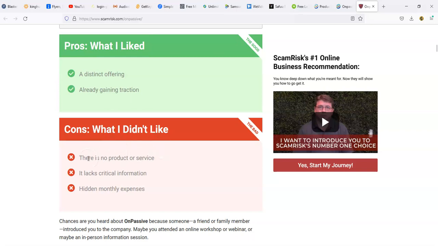What he didn't like is there's no product or service. And see, he doesn't know it's a product or service because he's not a member. Since I'm a member, I have access to those products and services that I can log in and show you right now, but I don't think I'm able to. I'm going to have to verify that I can or I can't before I make that video, because there are things that we cannot show and cannot do, which will get us in trouble because the company is also working with the government. So there are things that we cannot show, but I can assure you that there are products that are there.